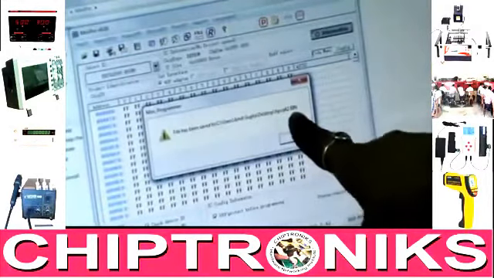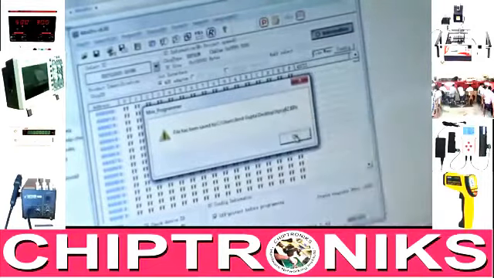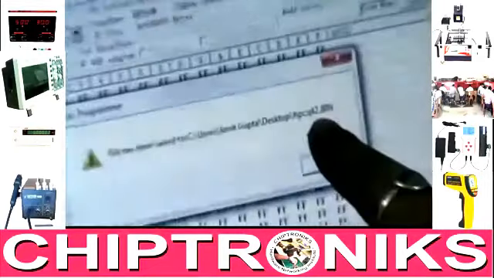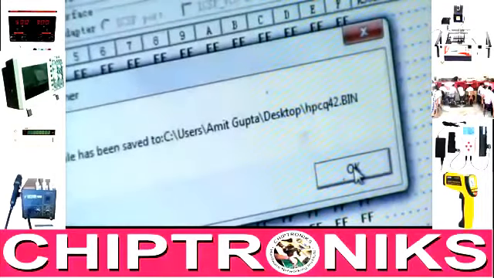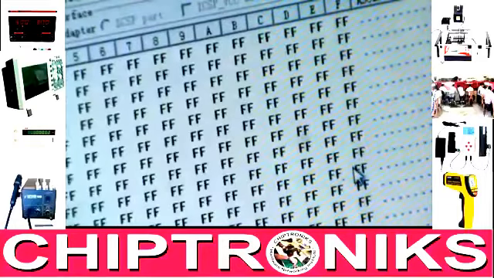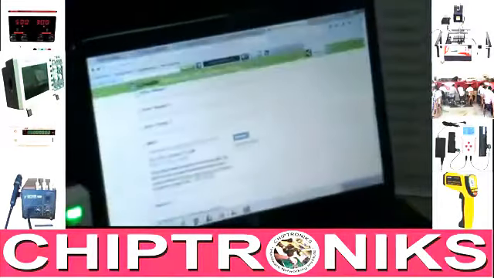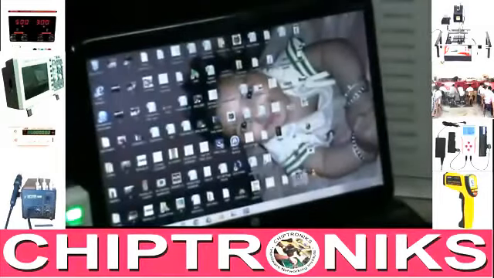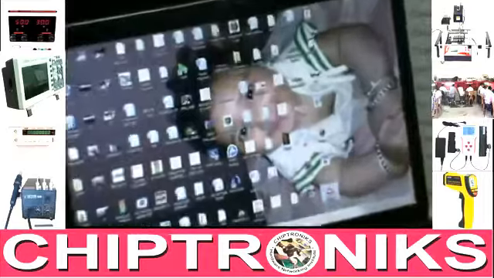This format, look here, this is the bin format. HP CQ42.bin format. It will save in bin format. Okay, now here I'll show you. This is our backup HP CQ42.